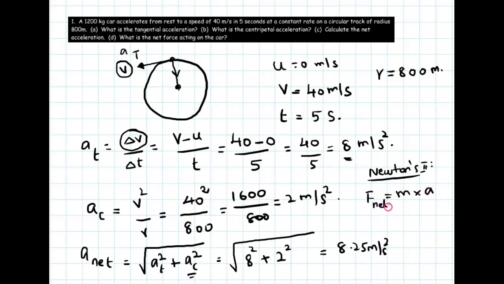If we want to find the net force, we need the net acceleration, so the total mass multiplied by the net acceleration. The total mass of the car is 1200 multiplied by the net acceleration 8.25. The answer is